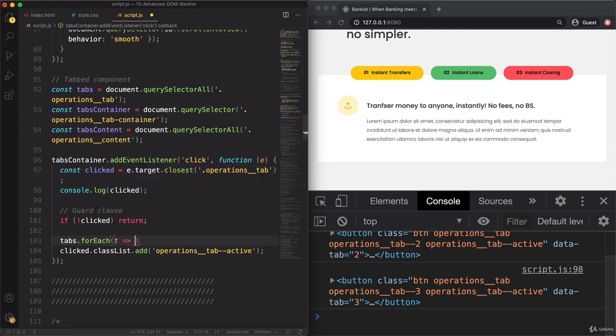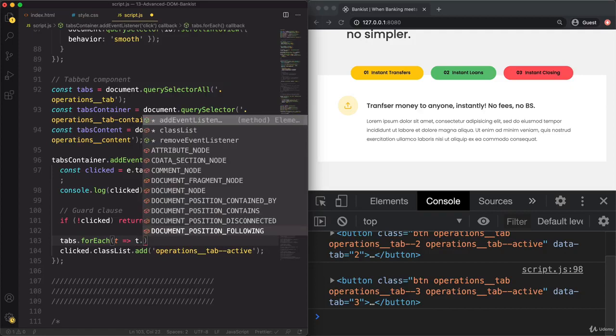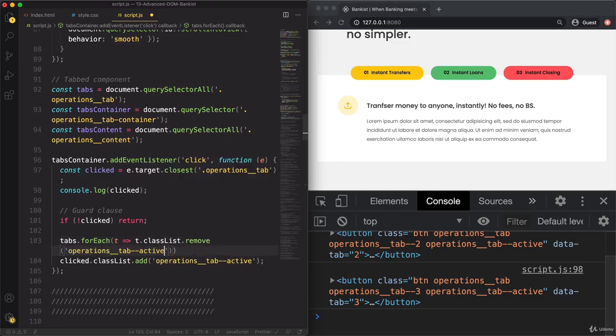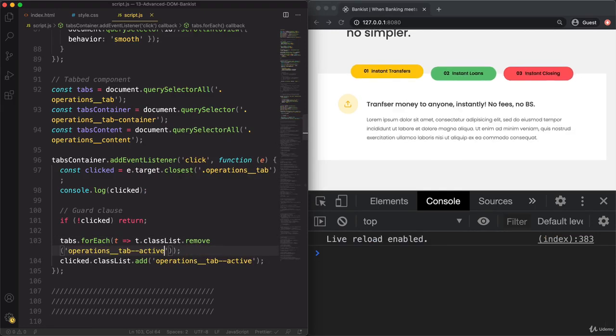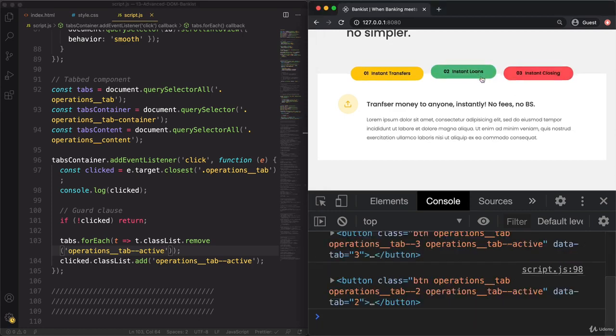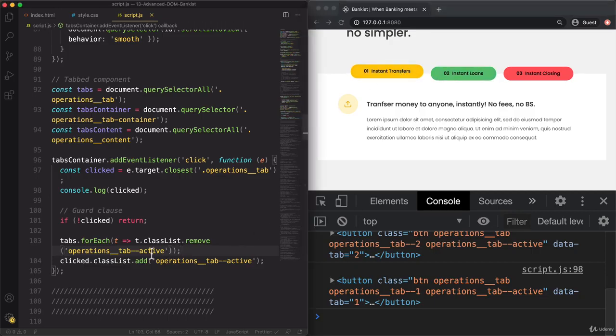And so each tab I'm simply calling t here, and then t.classList.remove. And so now that should work. And yeah, it does. Okay, so this is something that we do quite usually. So basically clearing the class on all of them and then only add it afterwards on one of them. So let's add a comment here,